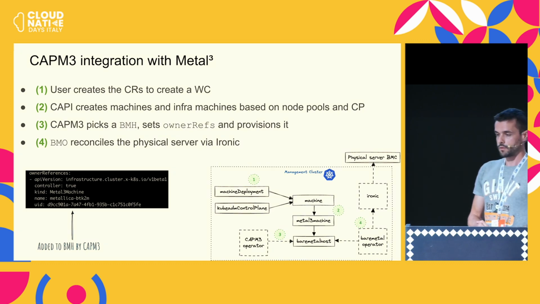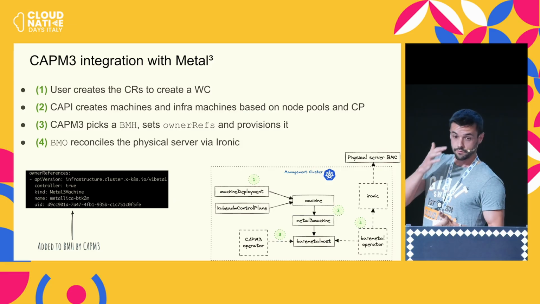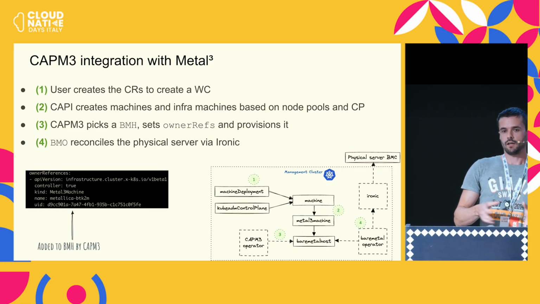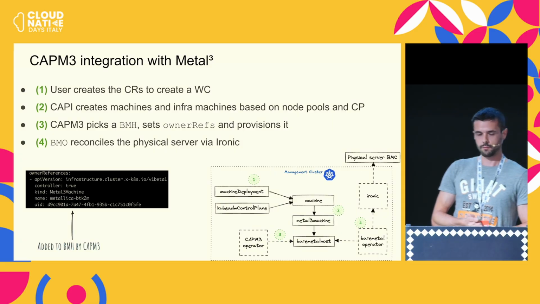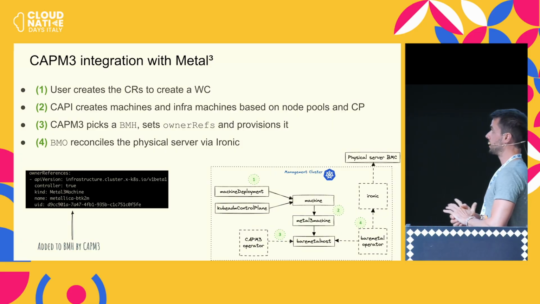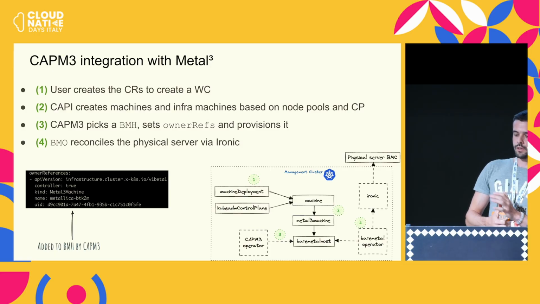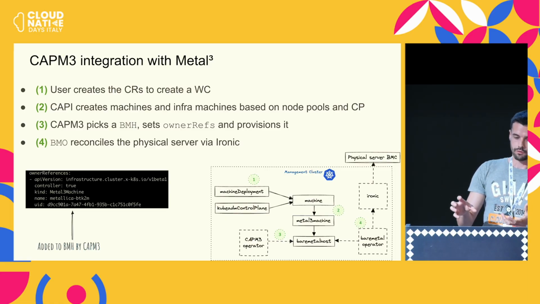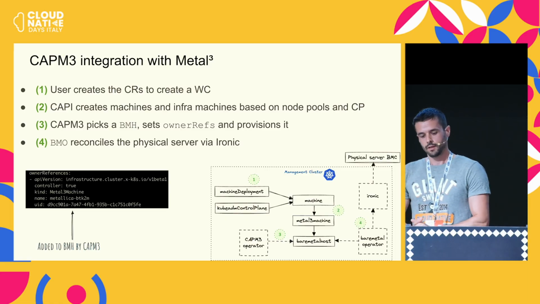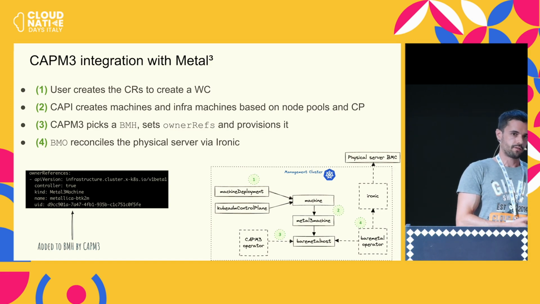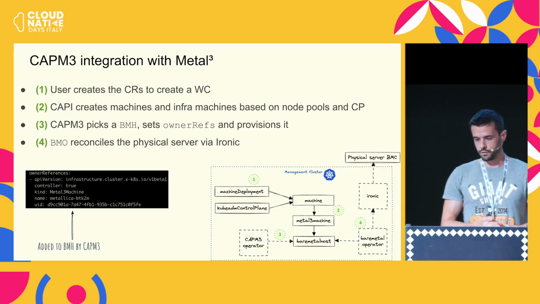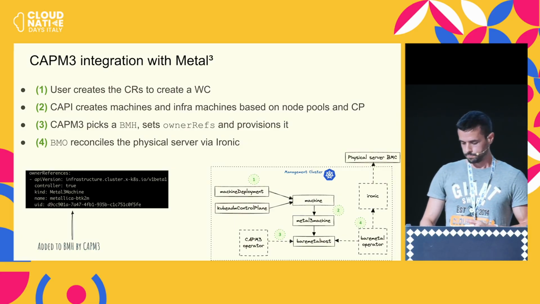Sorry. So instead of creating vSphere machine templates, we're going to create Metal³ machine templates. So we have a bunch more custom resources for Metal³. But essentially, this is what it looks like. When we create a cluster, we'll have Metal³ machines. CAPM3 is going to see those Metal³ machines, grab a bare metal host, and give it to that Metal³ machine with an owner ref. And once it changes the OS image and user data, the bare metal operator will pick up the change, and we go back to what we just saw earlier with Ironic, etc.